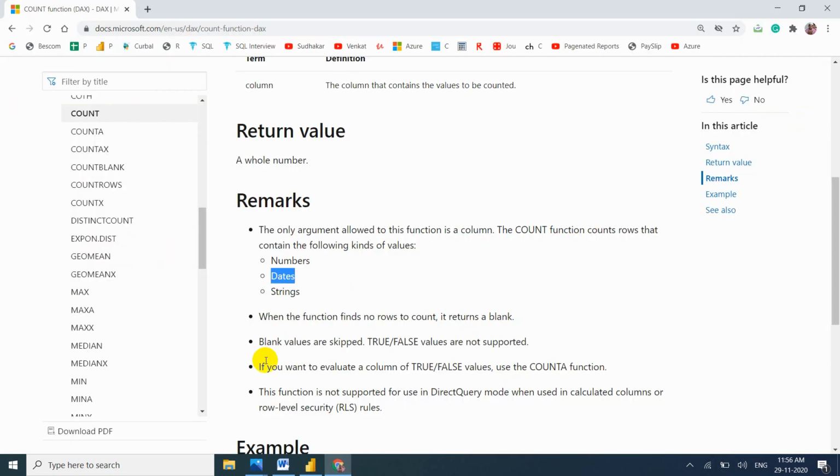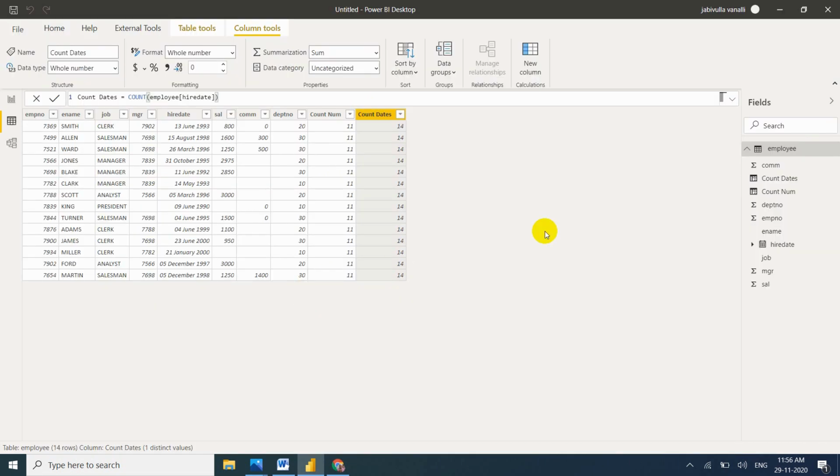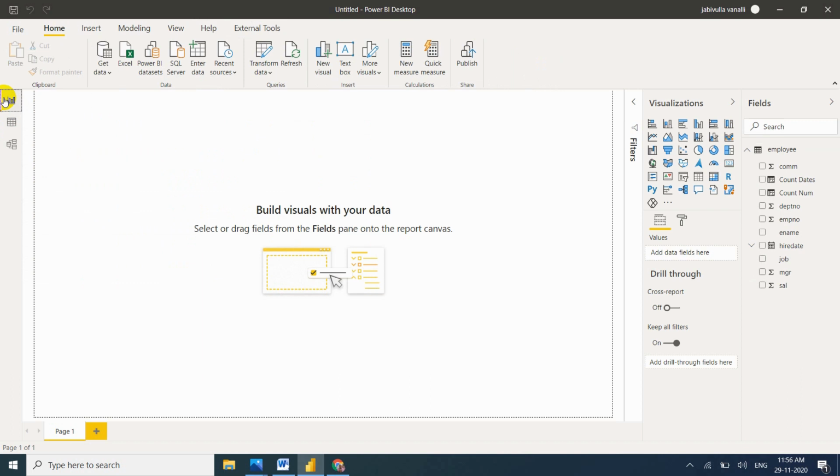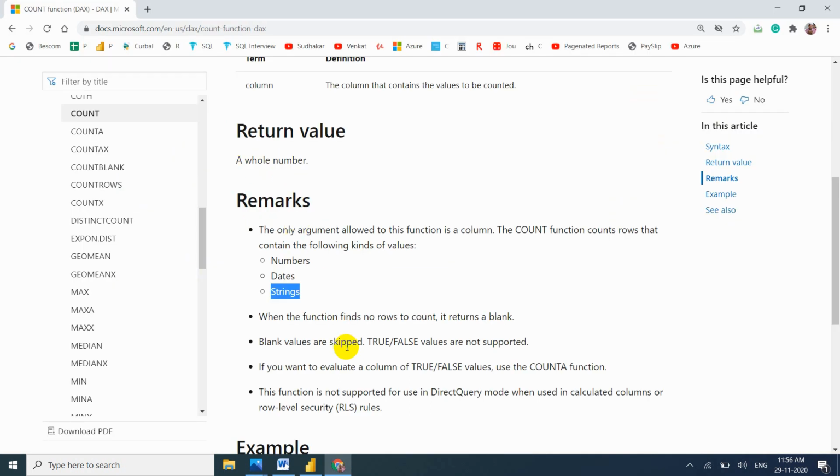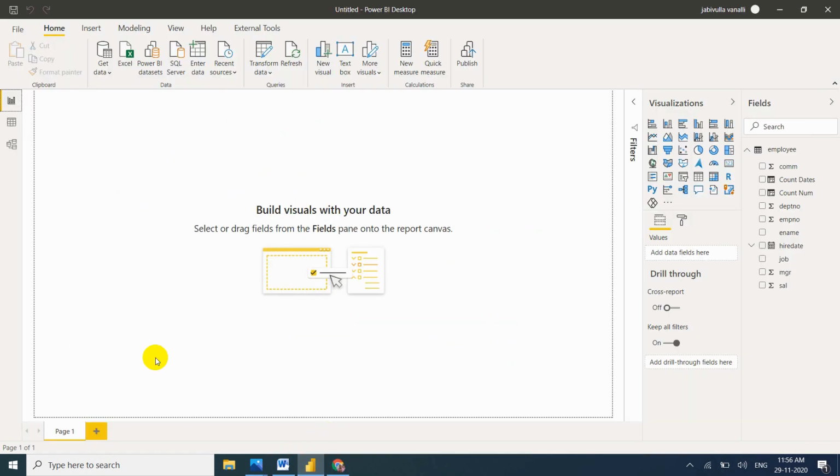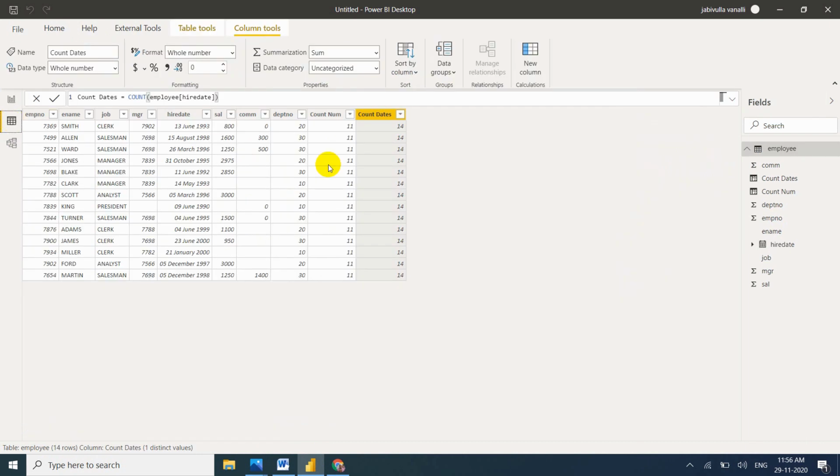And they are telling strings also. So I want to test what will happen with text. Here text is also there: the Job column has text, and the employee name is also text. But I want to test whether it will give the count or not. New column.